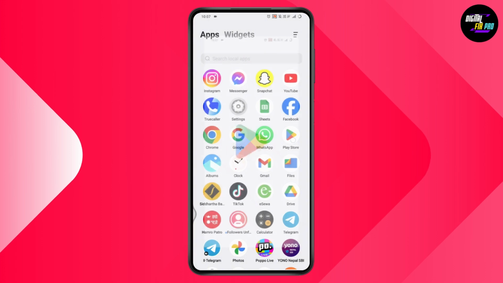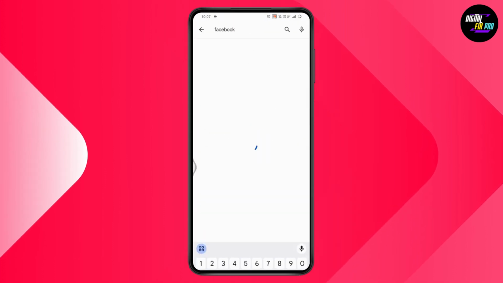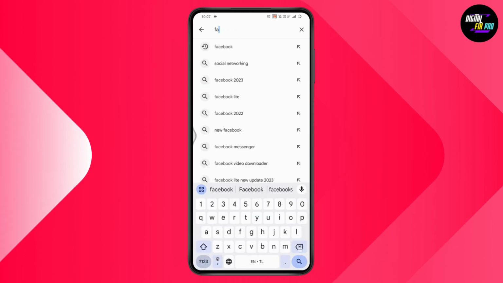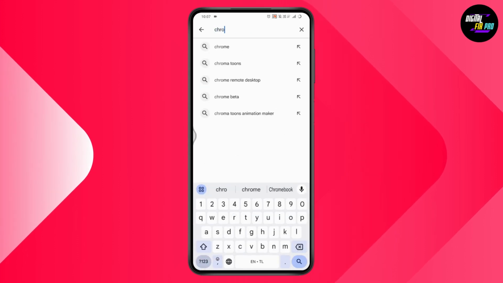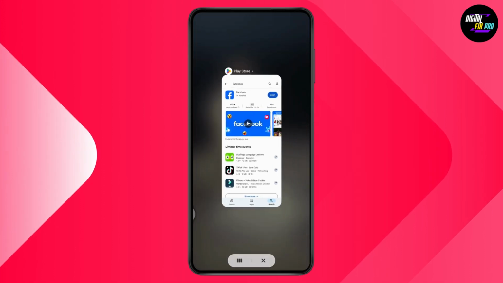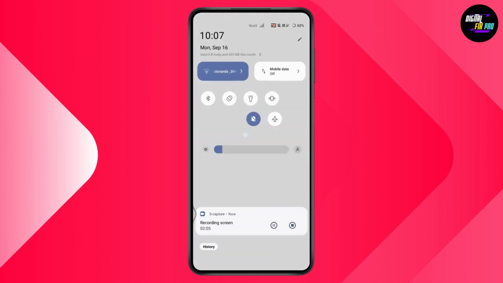So just simply go to your Play Store, go to the search, and search for Facebook, and if you have any updates, update your Facebook. Or you can just simply go to your Chrome browser or Google, anything like that that you're using, and make sure to update the applications. Once you've updated, if that still doesn't fix your problem, then you can simply go with